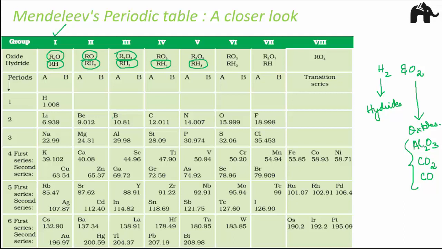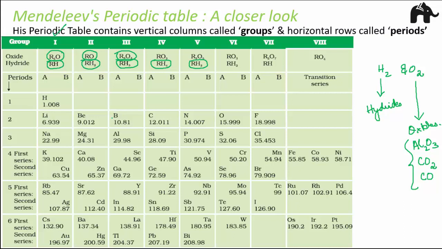Now please note that till now we have been talking only about atomic mass, because atomic number was not even discovered by this time. Right. So now if you look at this particular table, you would see that this periodic table contained vertical columns which are called groups and also horizontal rows that were called periods. So basically these 1, 2 that you see, they are the groups. In every group you have all those elements which have similar oxide and hydride formulas. Right? So in this fashion, this was the first periodic table which had groups and periods.